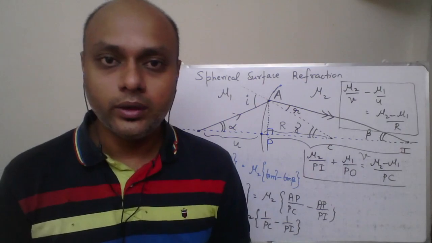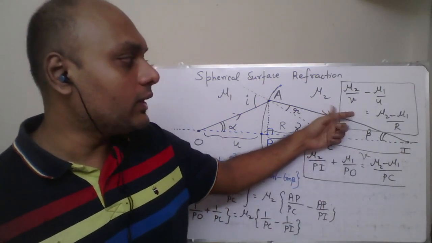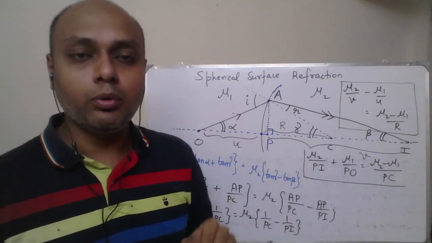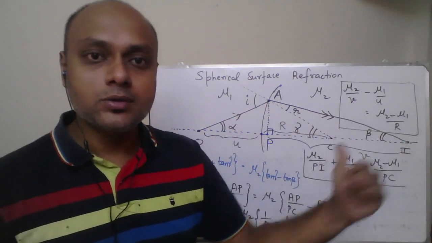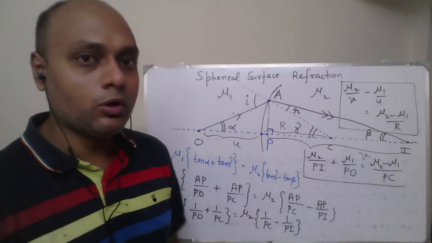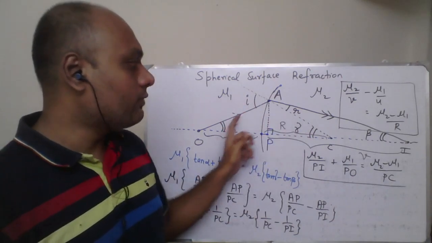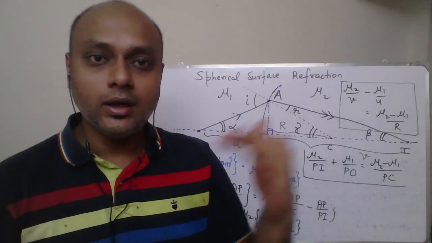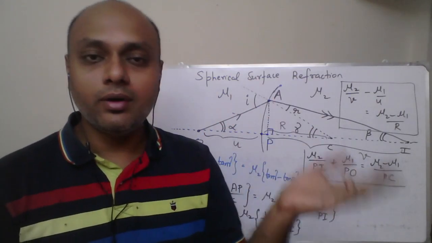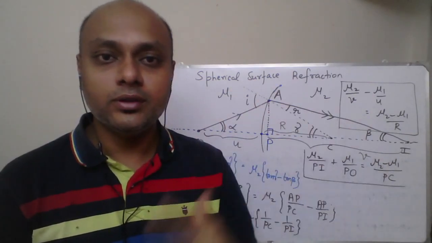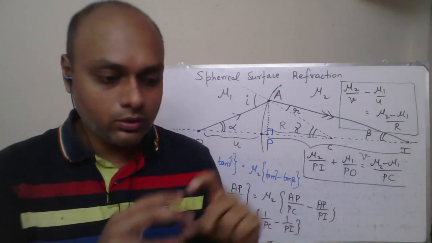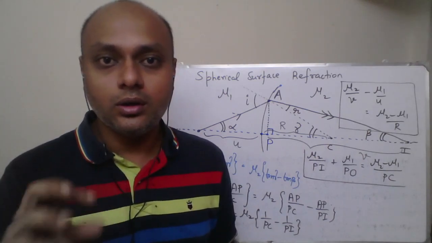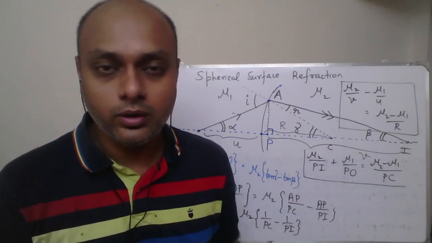That derivation is also an important derivation. You might be tested, but most likely this is going to be like a 5-mark derivation. Make sure to write all the points in between. That angle, exterior angle equal to sum of interior opposite angles. Aperture is small, so that angles I and R, alpha, beta, gamma, all these angles become small, and you can replace sin I with I, sin R with R. And then you can replace alpha with tan alpha, beta with tan beta, gamma with tan gamma, and so on. All those things when you are working in your derivation, you have to write all those reasons next to the steps. Okay, so only then you will be awarded like full 5 marks.